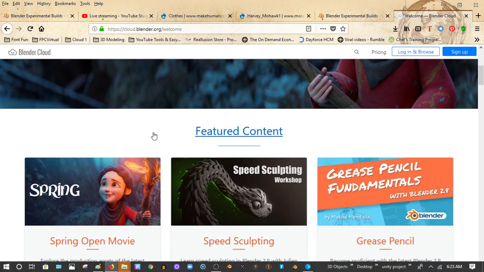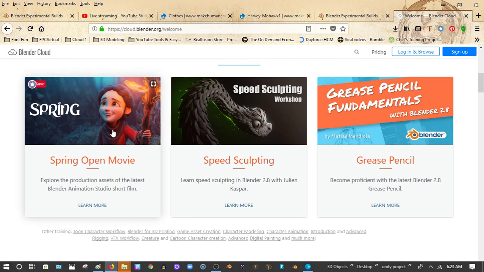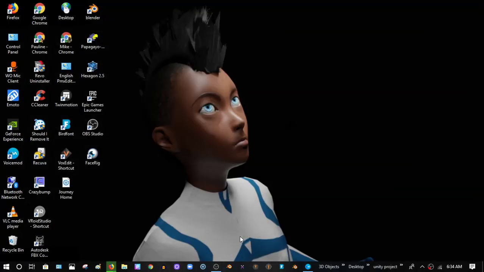Because if you don't have certain software and certain hardware to back it up and to be able to go further with the rendering and the things that are needed for animation, then you probably won't be able to go as far as what they were able to crunch out with Spring. So they have a certain budget that they allocated for it, and they use cloud-based backup and data storage, and maybe